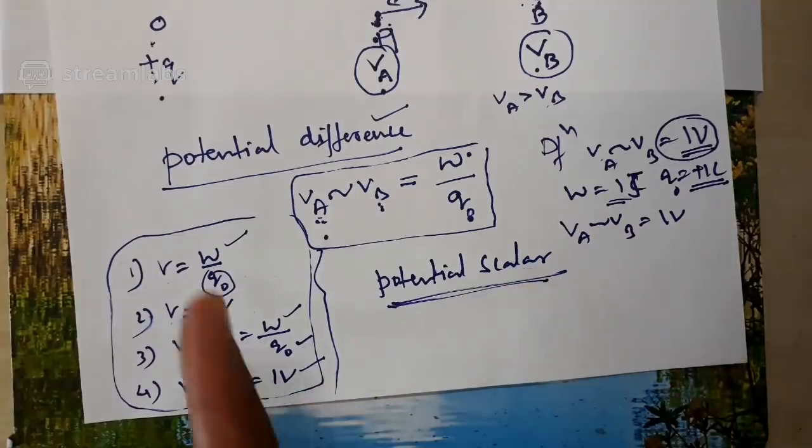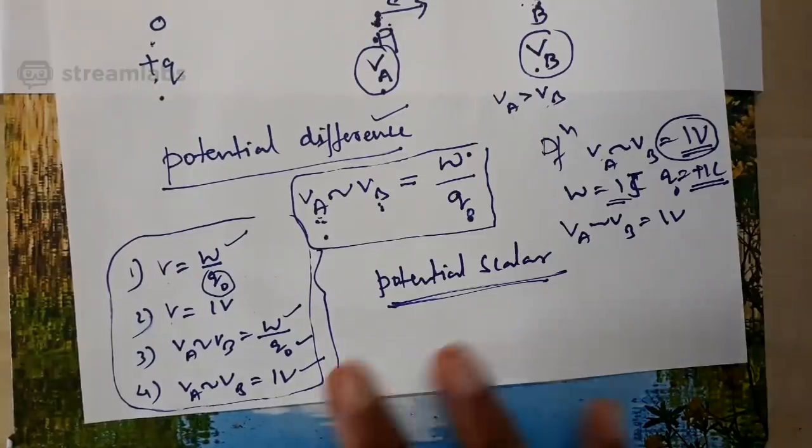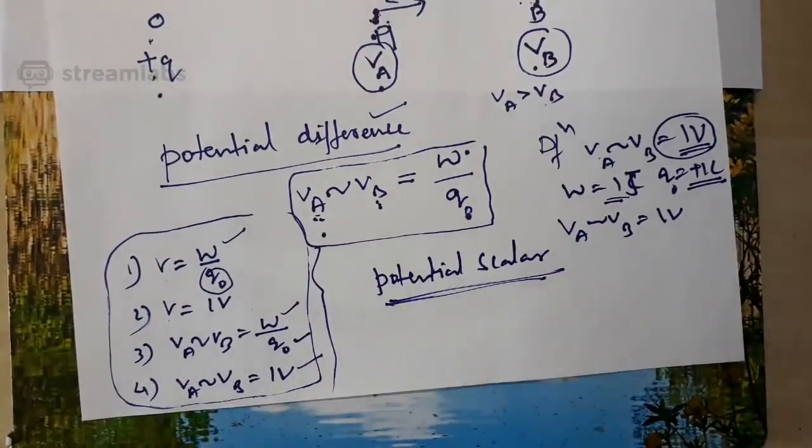So already you can say there are 2 differences between electric intensity and potential you come across. What are the 2 differences? One is electric intensity is a vector, electric potential is a scalar. And one more difference, you can give the difference in terms of their definition, how you define electric intensity and how you define electric potential. 2 differences are already over, remember that. When we proceed further, you may come across some other differences also. Okay, just go through the study material for 1.5 minutes.